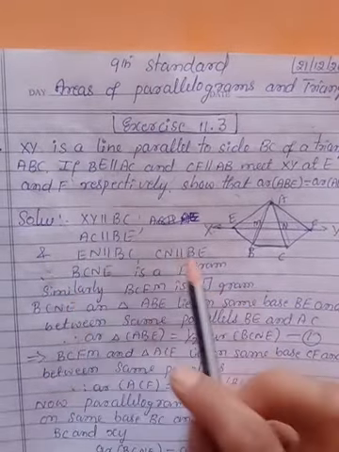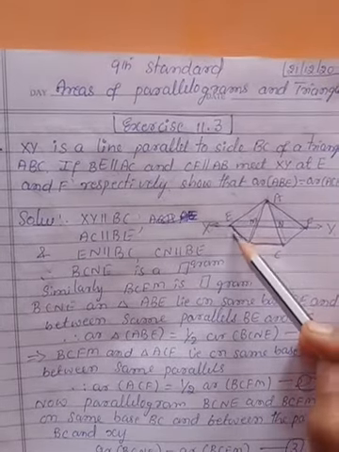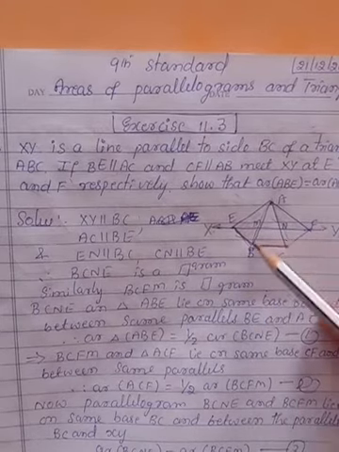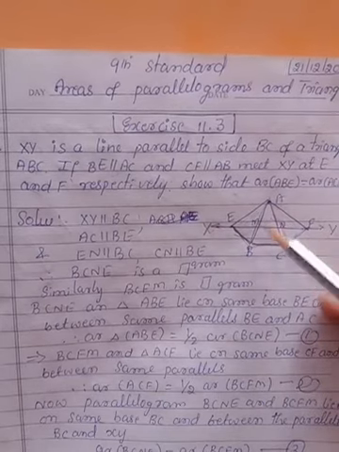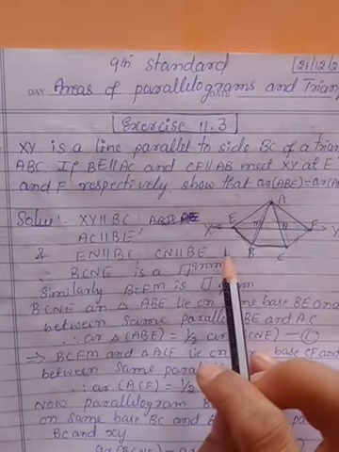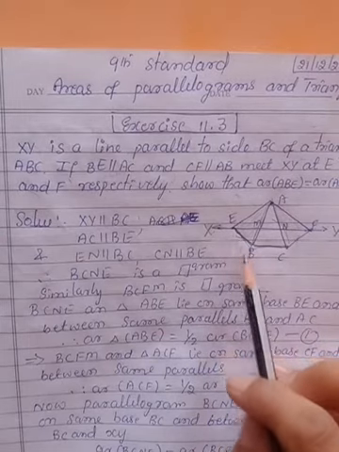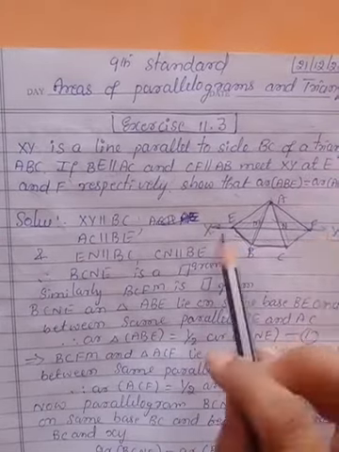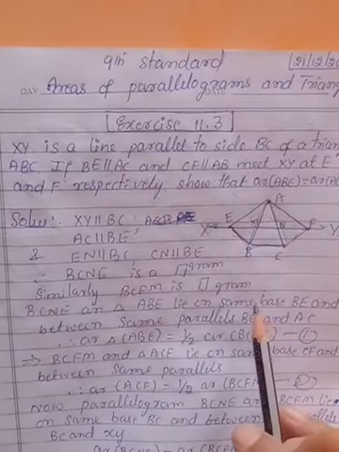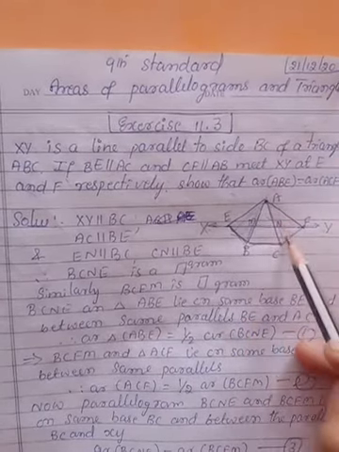Okay. Now, what do you have to do next? BE is parallel to AC, this is AC. For the AC line, you should draw one parallel line. This is parallel to this. Okay. And CF is parallel to AB. This line is parallel to this. They meet XY at E and F. That means this line BE, E is on the line XY only, and F is on XY only. Okay, you have to show this triangle ABE will be equal in area to this ACF.